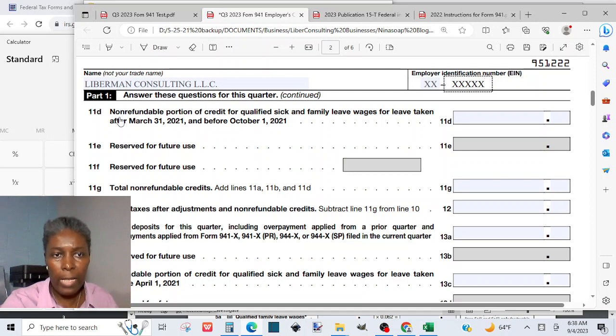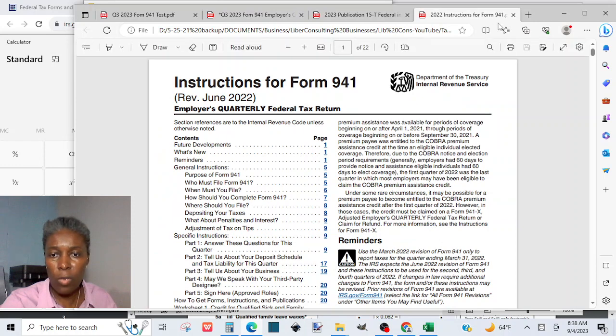So line 11D will leave a blank. All the line 11 items we will leave blank. Total non-refundable credits we will leave blank as well, because we do not have a non-refundable credit. But if you have credits you want to claim, you will read the instructions to locate it. But what I'm looking for here though is